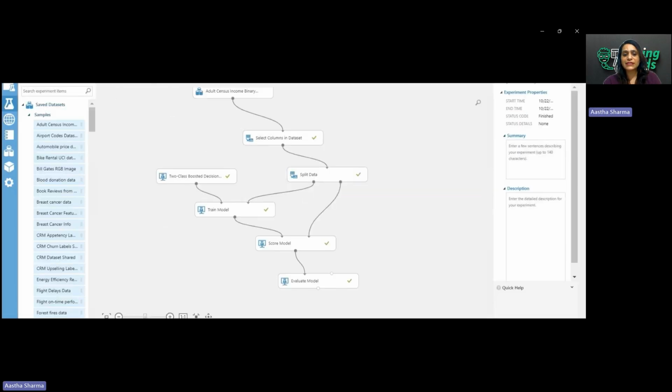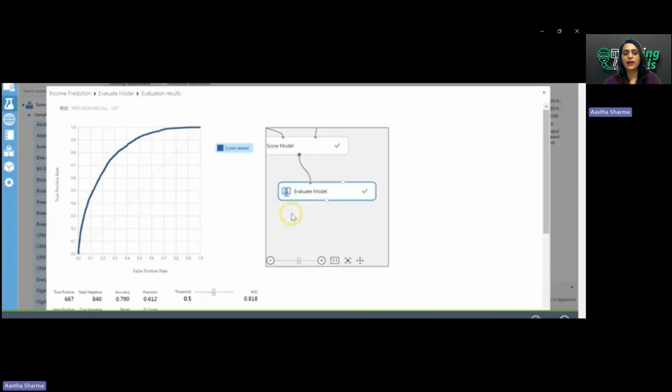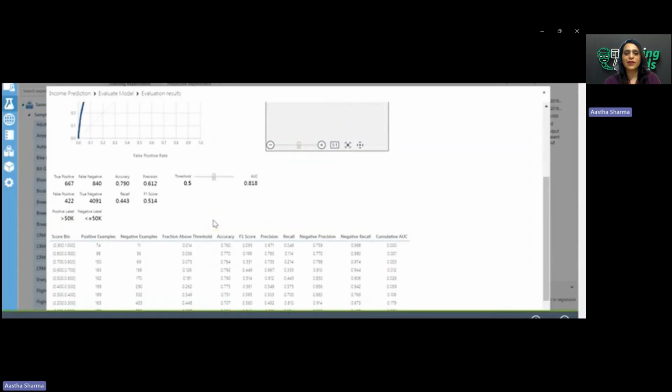Now we are going to visualize how evaluation will be taking place. Basically, evaluation is going to tell you the graph. When you click onto that option, it is going to show you a graphical representation. You can see the curve and you can see what exactly the accuracy of the project is going to be. The accuracy of your project is 79%, 0.79 means 79%. And if your prediction is better than 50K, because that is what we have kept as positive, and anything less than 50K was negative, it means your model is not working appropriately, right?